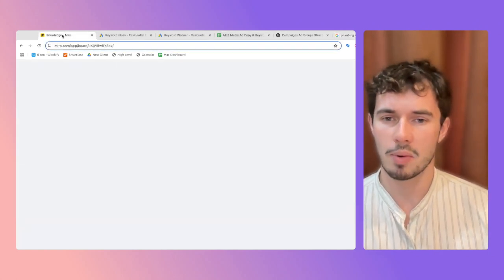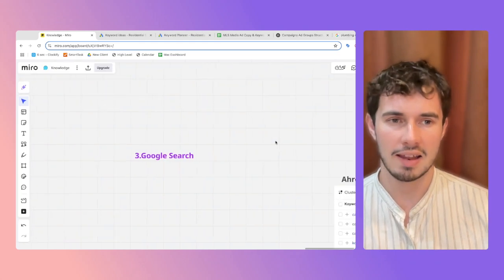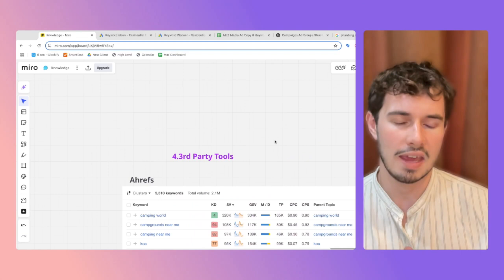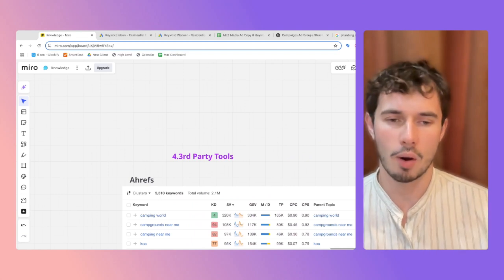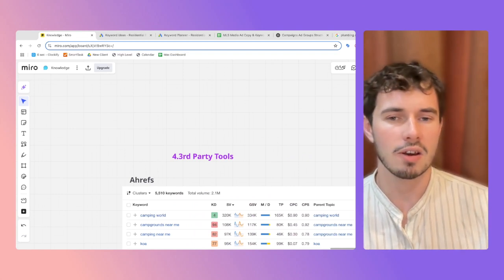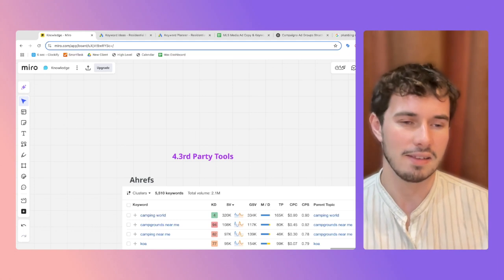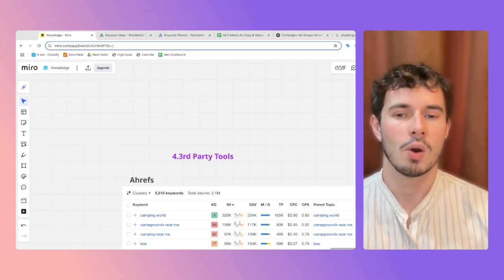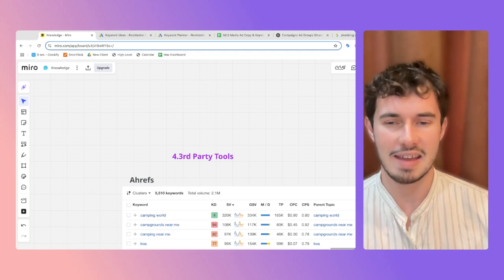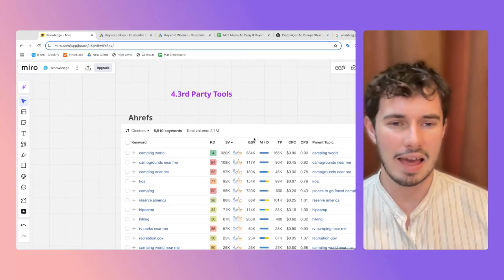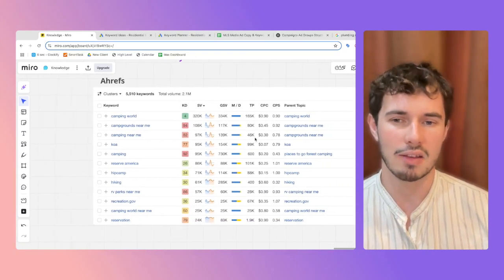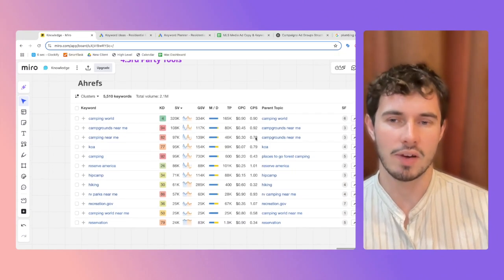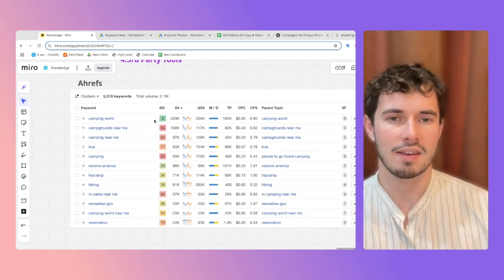Let's jump back over here. And the next step is you've got a pretty good keyword list now. You feel like you've got most of the terms. Then it's potentially a good time, and I would say this is an optional step to be honest, is using third-party tools. One of them I really like is Ahrefs. I think there's a level of free access, but it's quite limited. But the paid version will look something like this, where you